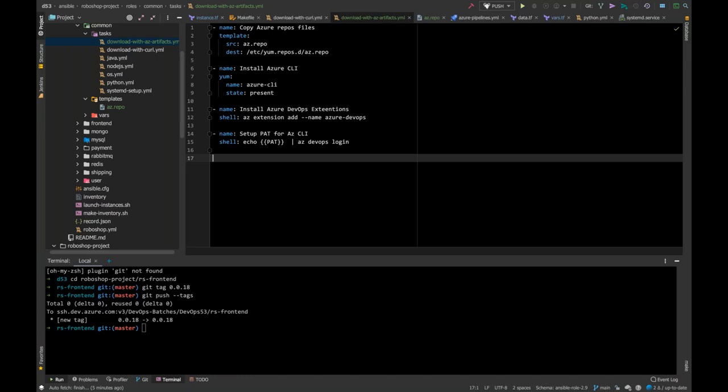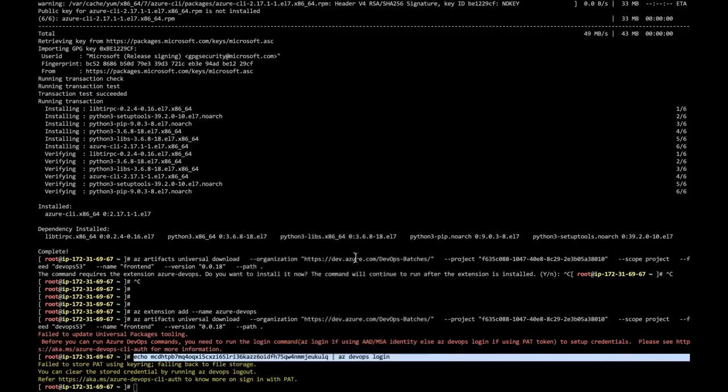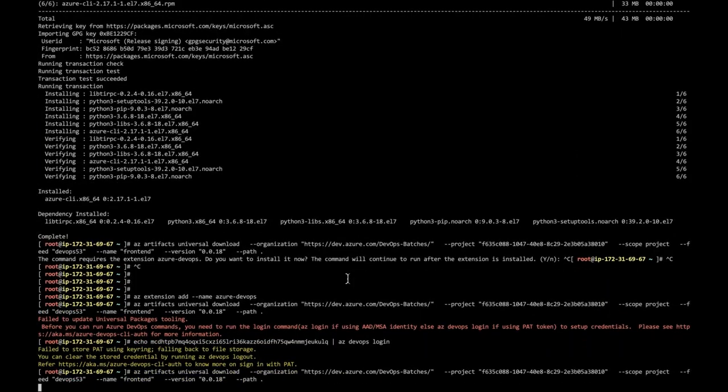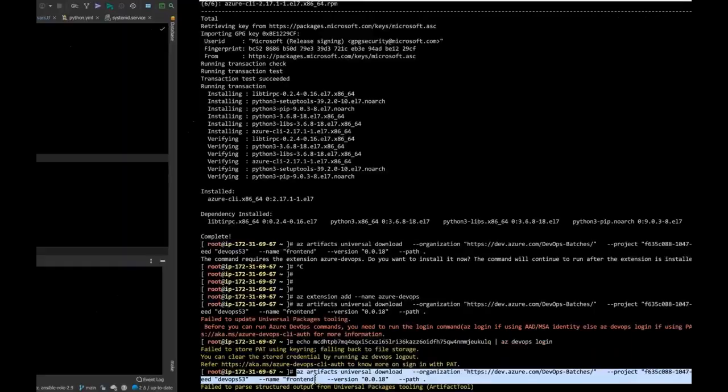Now the next thing I wanted to do here is download the artifact. So now I will go and try to download the artifact. Yeah, it's working fine. So I just need to download the artifact.